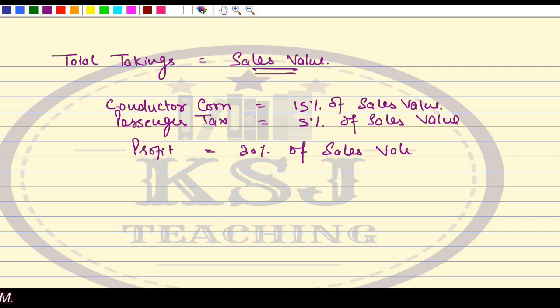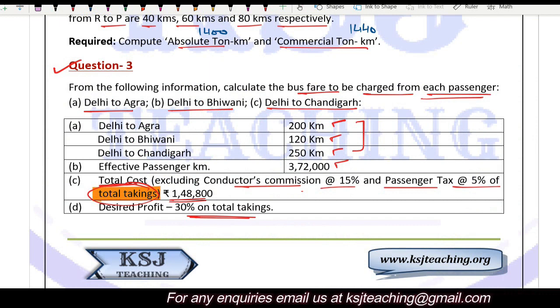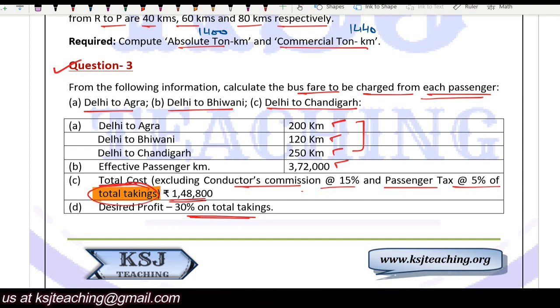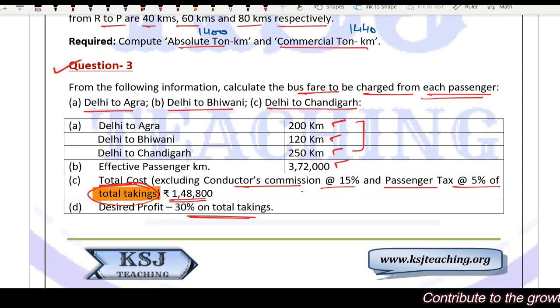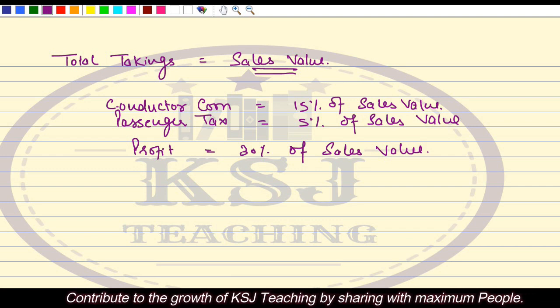30% of sales value. But sir, the biggest problem in this question is that sales value is not given to you. Is sales value given to you somewhere? No, sir. Understood the problem in this question? The problem is that sales value is not given. Some of the values are to be calculated as a percentage of sales value, but where is the sales value? Sales value is missing. One thing we can say, listen to it very carefully now.